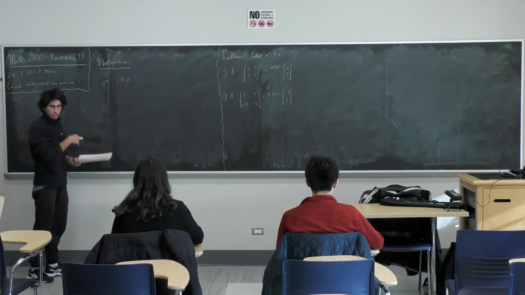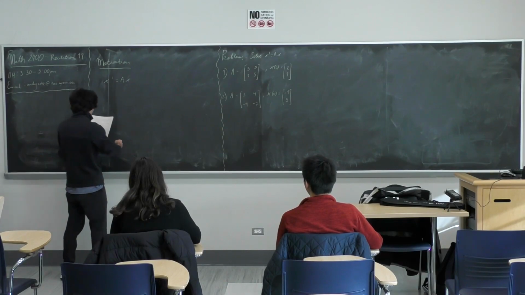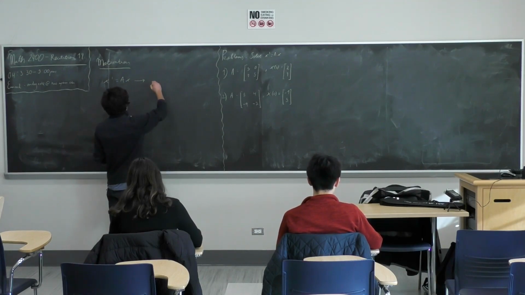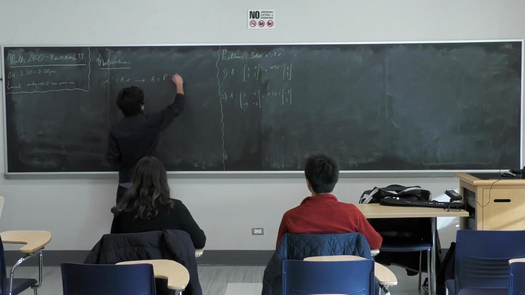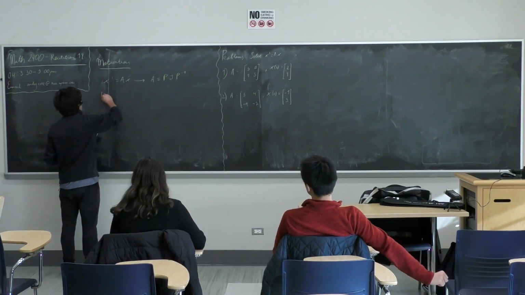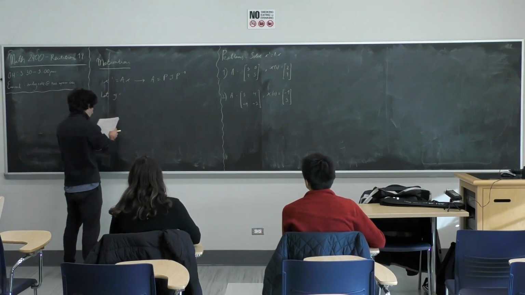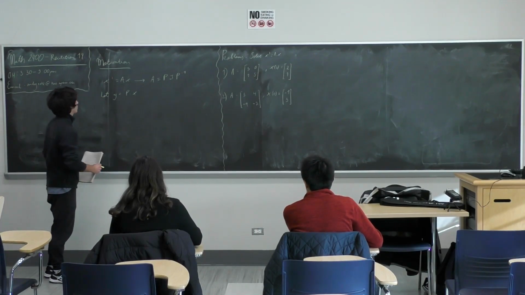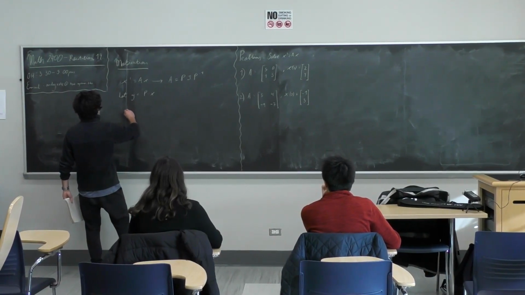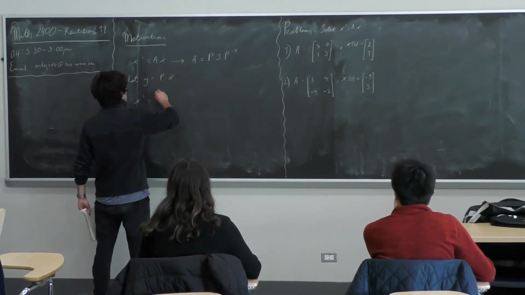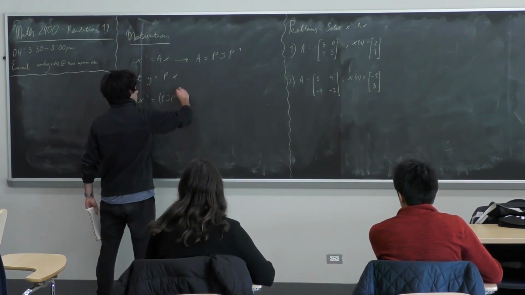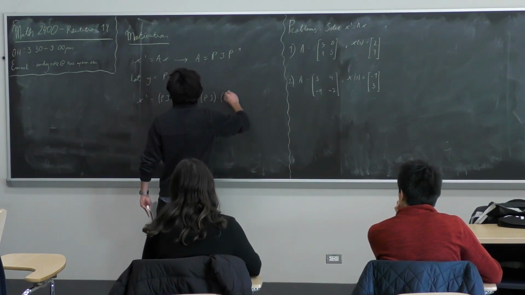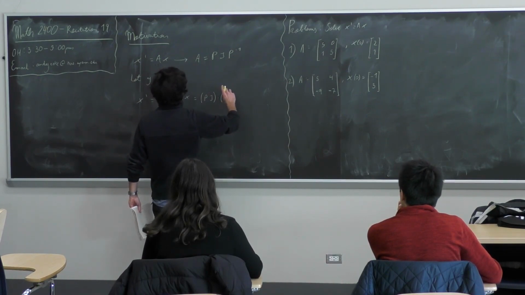But now the idea, and this is just from the notes if you want to look at that as well, is decomposing A such that you can write A as P times J times P inverse, and now you let Y, a new variable, be equal to P times X. The reason this is neat is because you can now say the system is X prime equal to P J P inverse X,